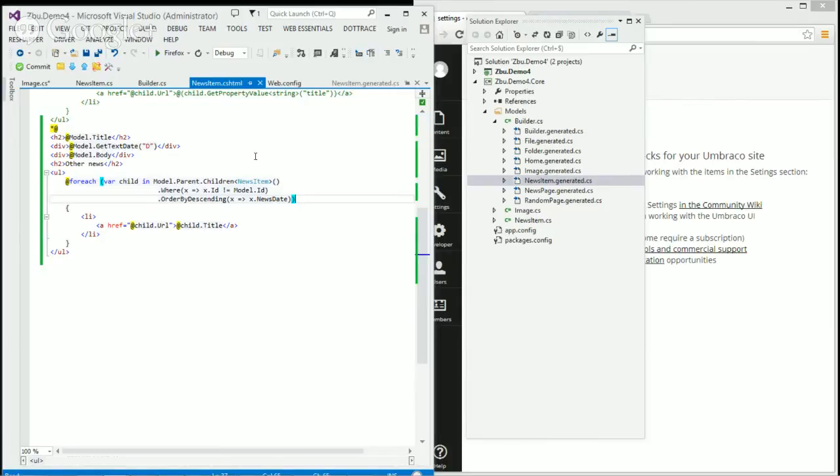etc., etc. So I suppose that's the same example you've just given. So what you're saying is probably not best practice to put that kind of for each query, where you're querying children that are news items, into the content type model. So have model.NewsItems or something similar. So then you could just do for each news item in model.NewsItems, for example. So move that query out to the model.